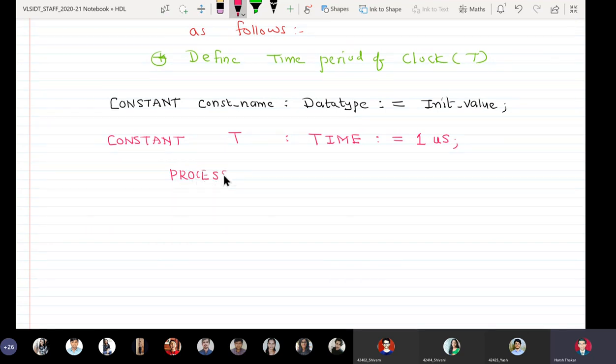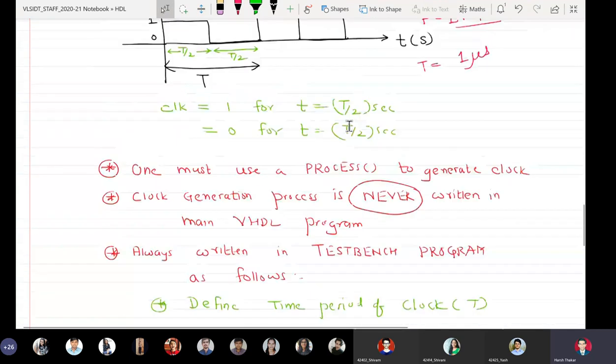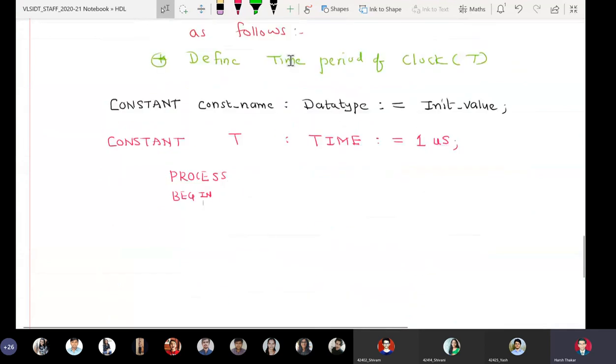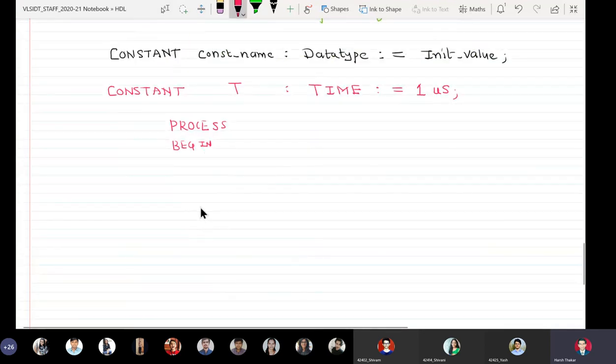Process, no sensitivity list, begin. Now the name of my clock signal is CLK here. So I will write begin, then CLK is assigned logic 1. I will say wait for T by 2 semicolon.